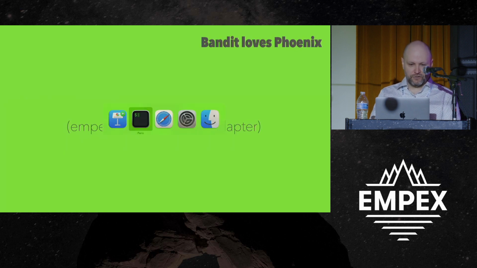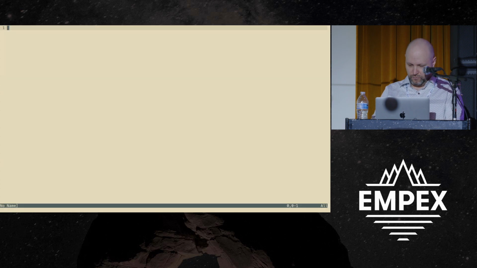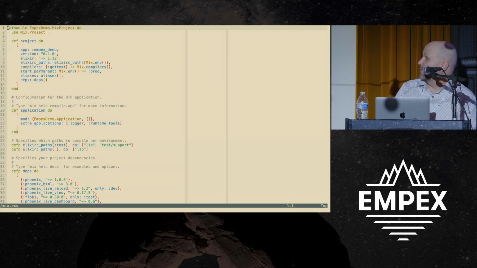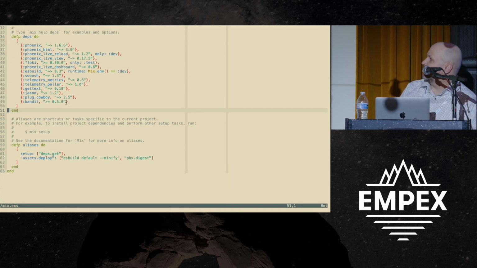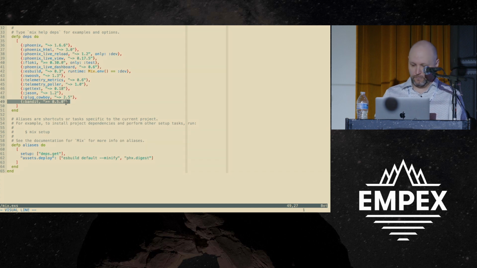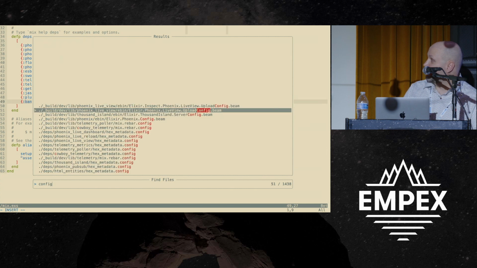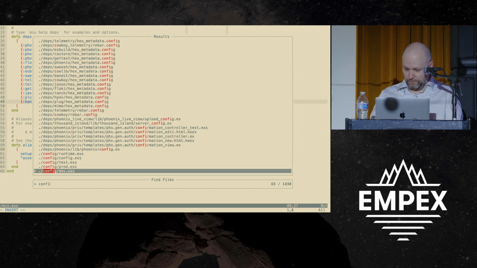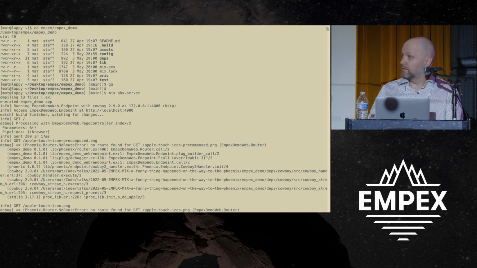So let's see what that integration looks like. We're going to go back to our live demo here, and I'm going to make 2 changes, one of which I've already made. The first is to go into our mix.exs file, and if I scroll all the way down, for some reason my scrolling is not working today. There we go. Okay. I have added already this Bandit dependency, and I did it before just because I wasn't sure what the network was going to be like here. So I've already loaded Bandit in as a dependency. I'm going to go into our config.exs file, and I'm going to add to the config stanza that configures our endpoint